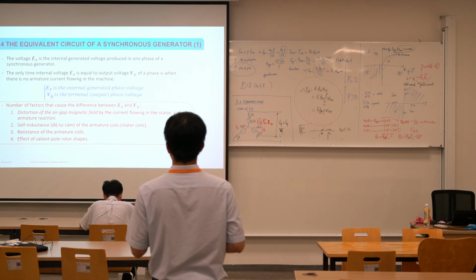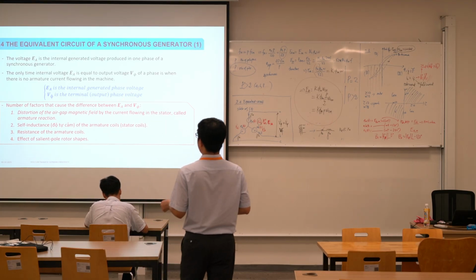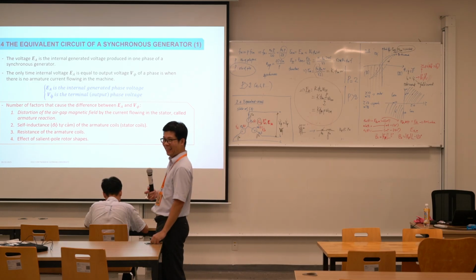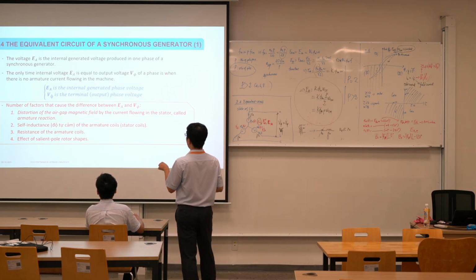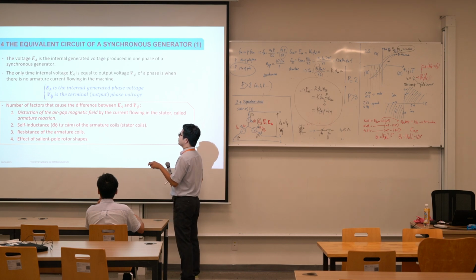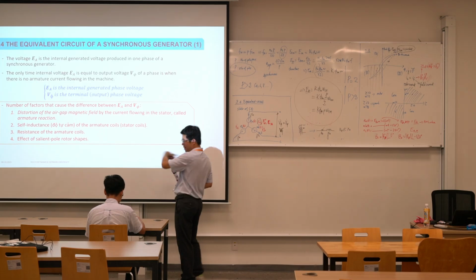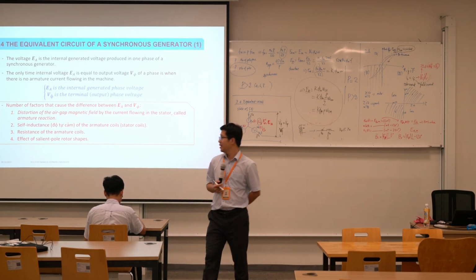If I just give you the information of EA and V phi, that means V phase, and then give you the information here, maybe you don't understand why the difference between EA and V phase or V phi is here. Just remember it first, and then after some lines we come back and get more understanding. Okay? For example,